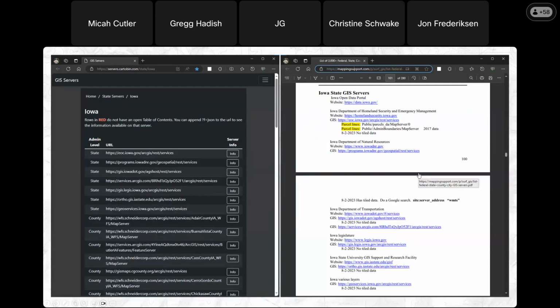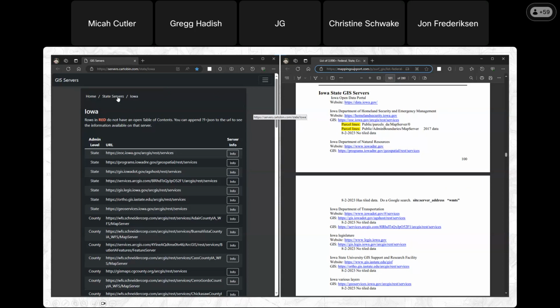And then finally, as far as the PowerPoint slides go, these are some curated lists of where you find data. Where do you get these links to these services? And a couple of really nice curated lists here that are updated on a weekly basis that you can drill down through. I've got the information related to Iowa, obviously, but you can look at servers hosted in every state,